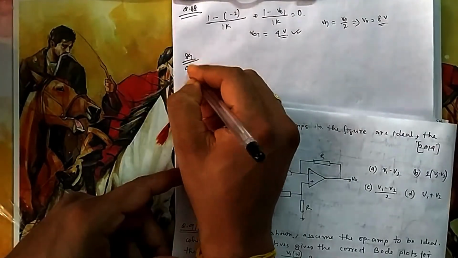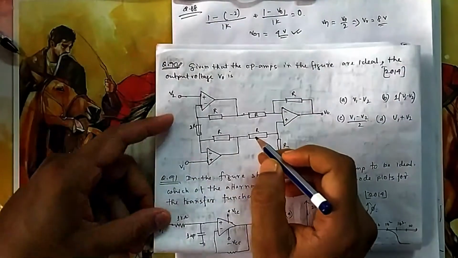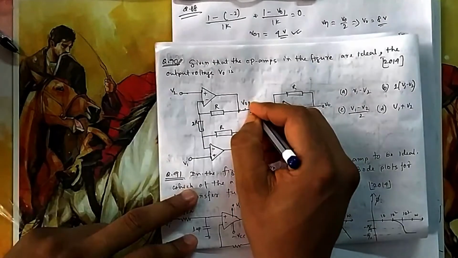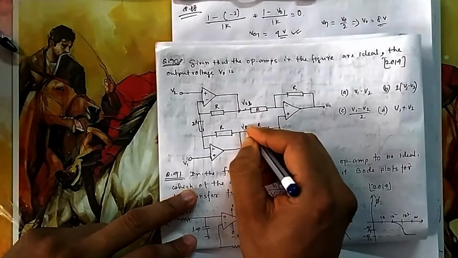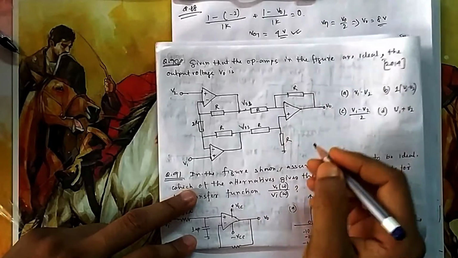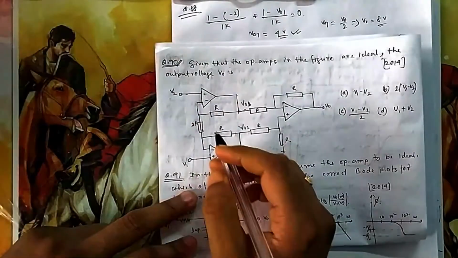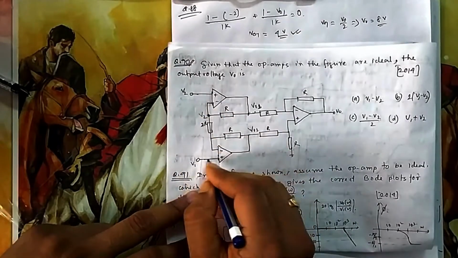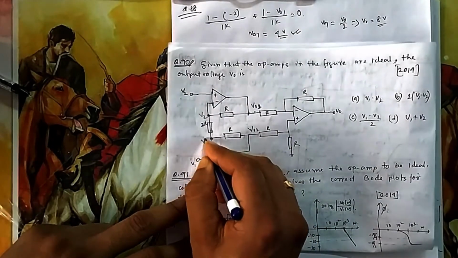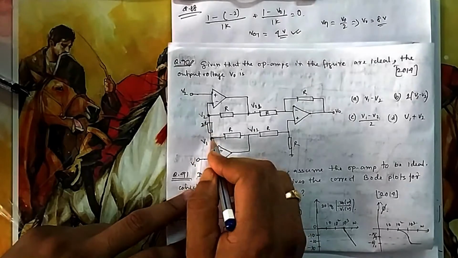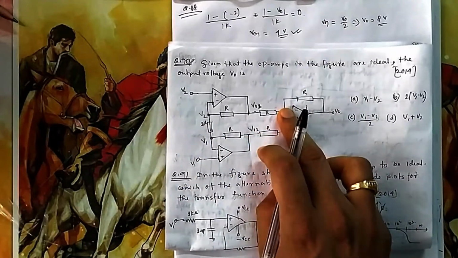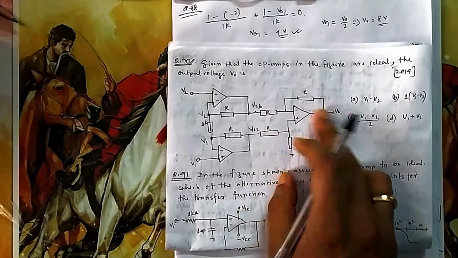Now if you see question number 90, we have to do it step by step, because we have to bring out two outputs here. Suppose it is V01 I am considering, and this is V02, and then we will start. So you have to take KCL. Because it is negative feedback, it will be V2, and likewise V1. So we take nodal here, then we find this voltage, which is half of this one. We find nodal here, then we find V0.